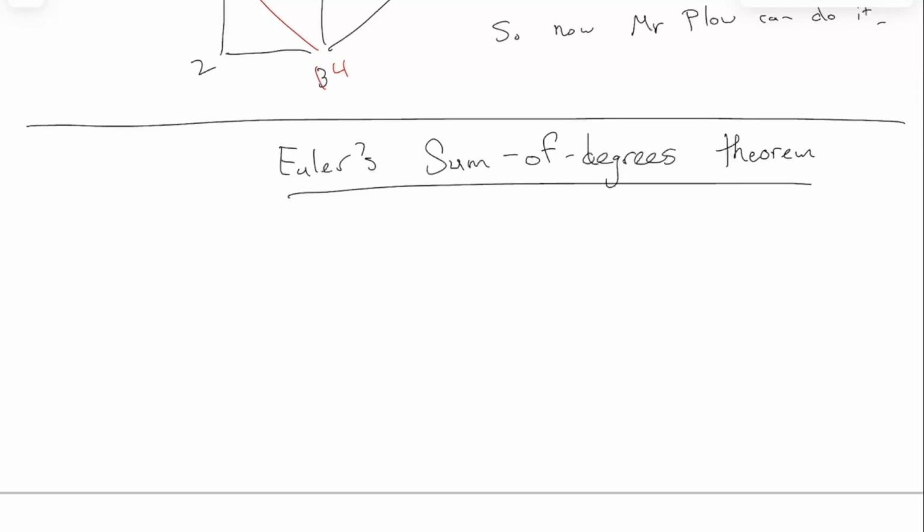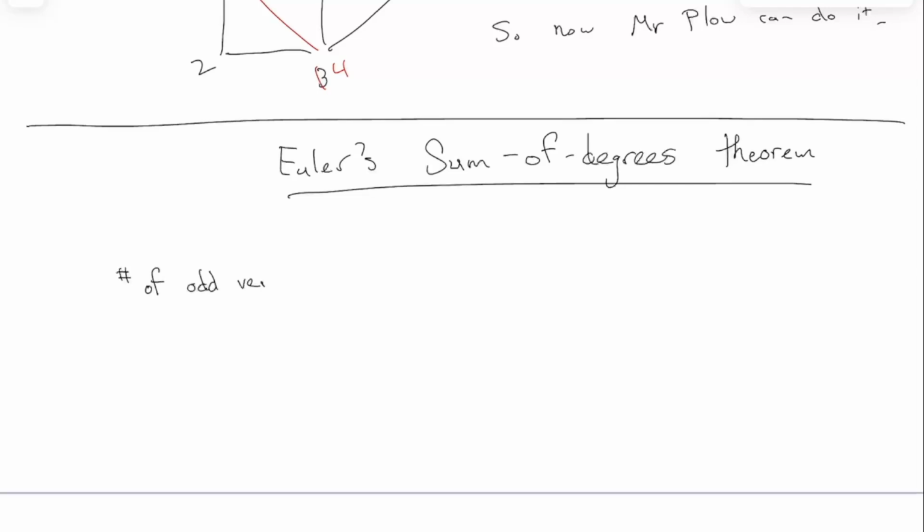This is another of Euler's original graph theory ideas. I would say this is a little less famous than the theorem about Euler circuits, but this is also something that comes up in real life every so often, the sum of degrees theorem. I will just refresh our memory. One way to summarize what we were saying about Euler circuits and paths